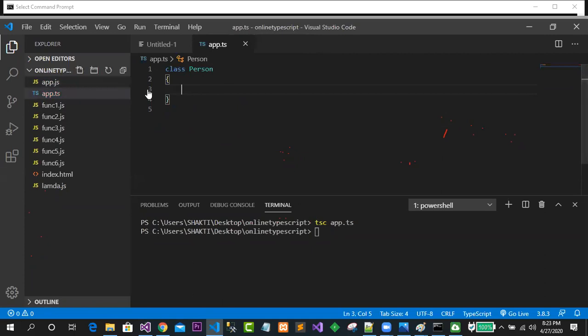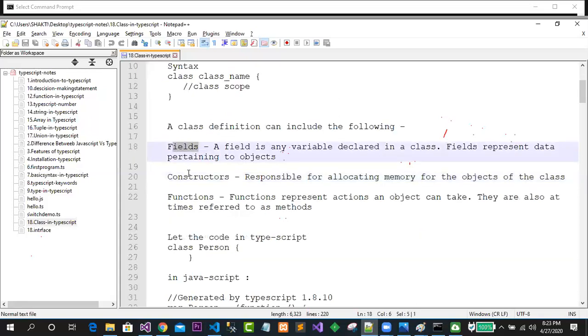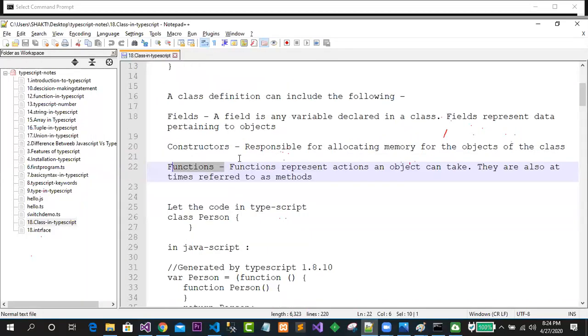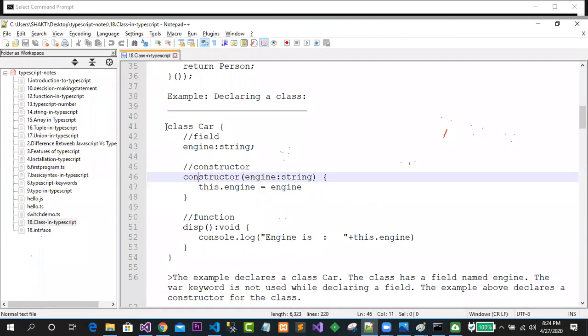So now we will try to understand how things are written, or what I can write inside a class. Just come to the notes. Here, a class may contain fields, a constructor, and functions, and we will see how they are written. Just see a field I am going to write. Observe a class called car. Inside that, engine is a string type of property or field, we can simply say. This is the constructor, and we are not giving the same name as the class here. We are writing constructor, so we are using constructor over here.